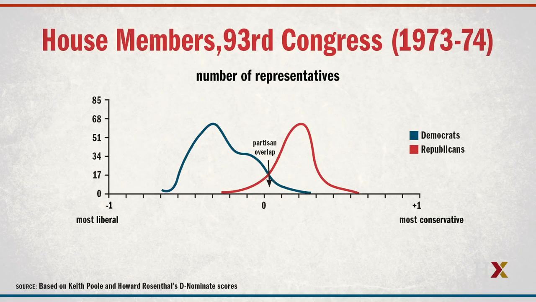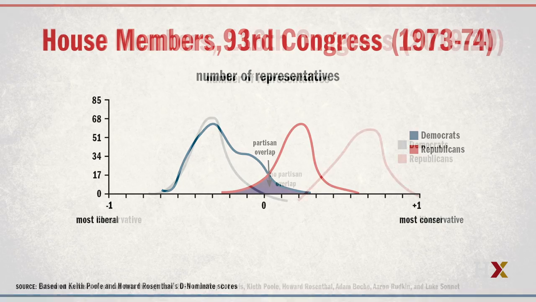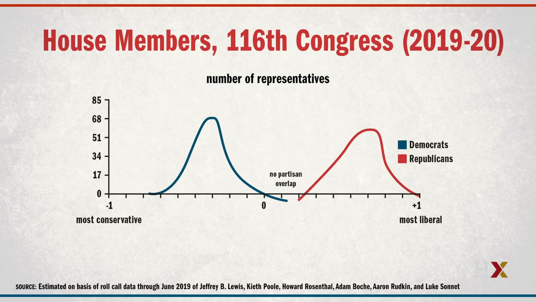The first graph is from the 1973-74 Congress, when each party still had a mix of liberal and conservative representatives. Note the overlap between members of the two parties. A significant number of congressional Democrats had more conservative voting records than did some congressional Republicans. But now let's look at voting patterns in the